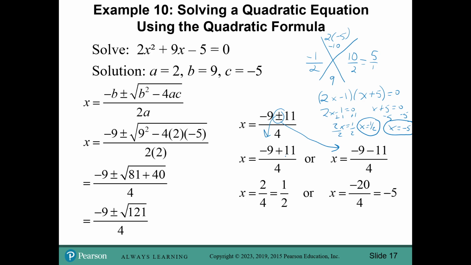Negative 9 plus 11 is 2 over 4, which reduces to 1/2. So this is one of our solutions. Or our other solution, negative 9 minus 11, gives us negative 20 divided by 4, which is negative 5. So you can't factor them all. I just happen to be able to factor this one using the X method, but there are ones that are